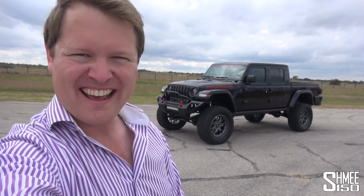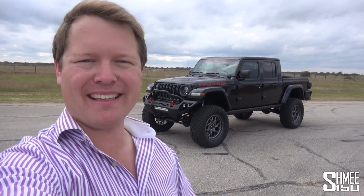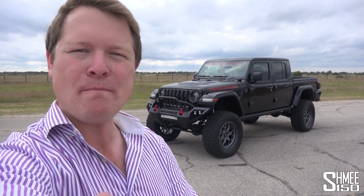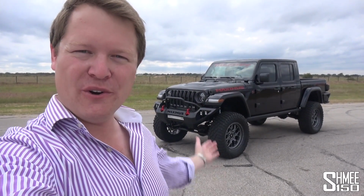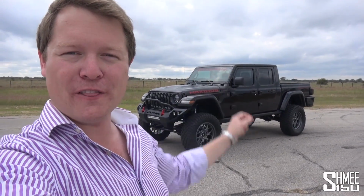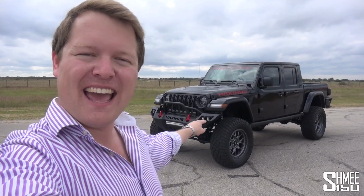Houston in Texas to take a first look at their brand new Hennessey Maximus 1000. Now how cool is that as a name, the Maximus, which is based on the Jeep Gladiator and is kind of 4 cars rolled into one. Of course it is an off-roader, it is also a pickup truck. You can take off the hardtop roof and make it into a convertible, and fourthly, this thing, as the name